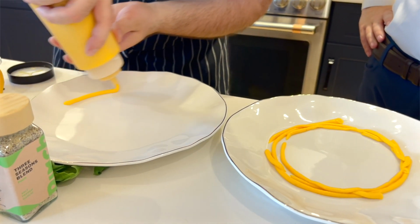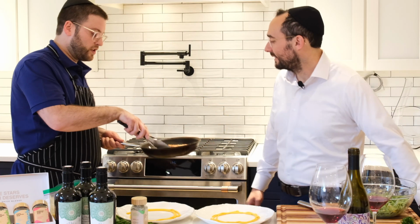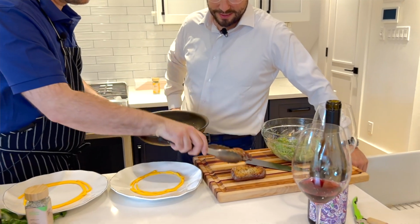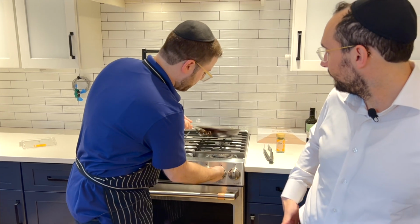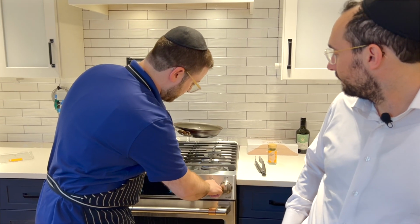Now, our ducks, we're gonna take them out of the frying pan. We're gonna let them rest right there. And we're gonna do a little quick sear over here. We're gonna open up the fire. This one actually we're gonna use a higher heat. We have some flavor in there, but